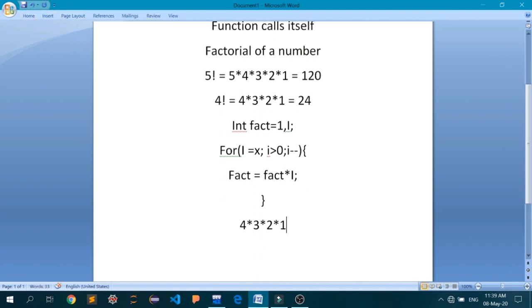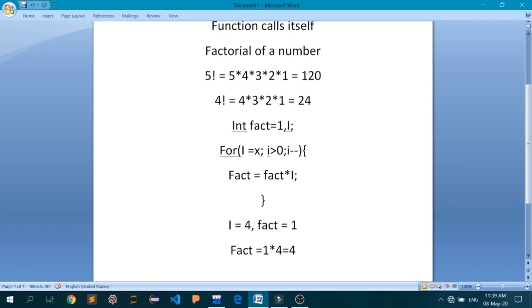Okay, so for understanding the recursion, you must understand what I have done here in these 3 lines. If I go iteration-wise, let's say I has the value of 4 initially in the first iteration, and the value of fact is equal to 1. And after I got inside the loop, fact will be updated as 1 multiplied by the initial value of I, that is 4. It will be equal to 4.